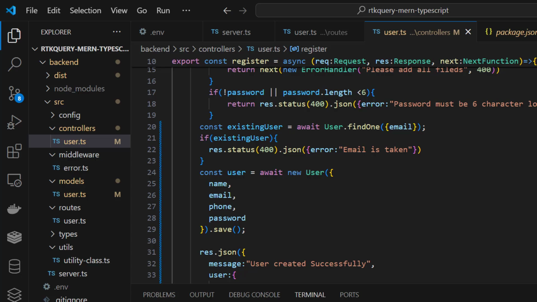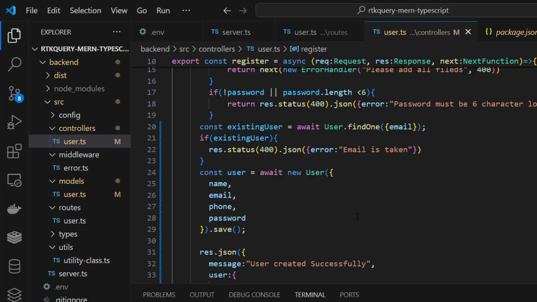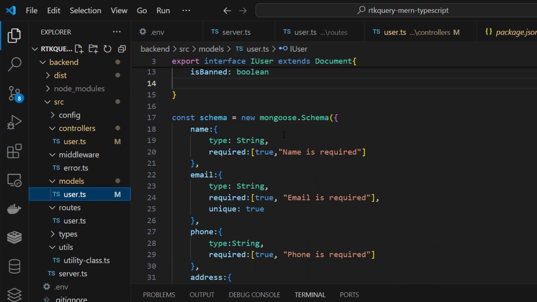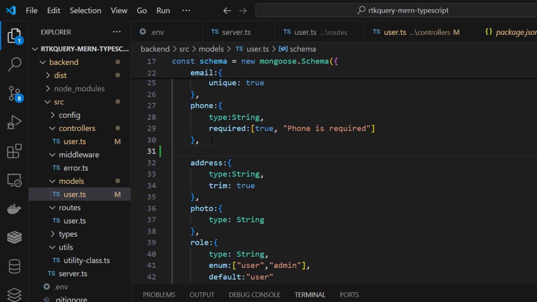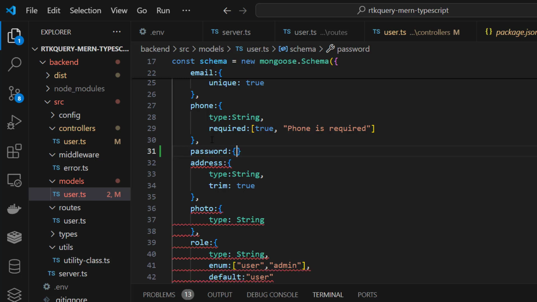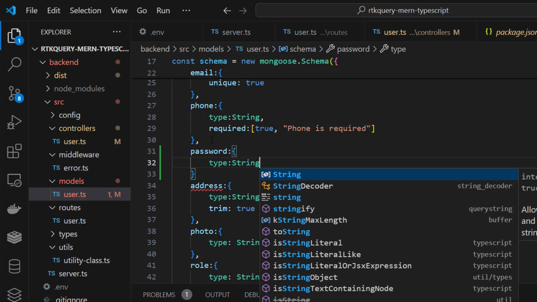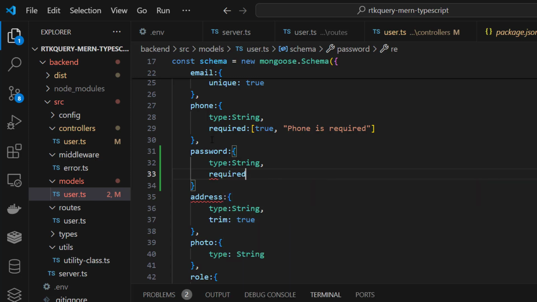Name, email, phone, password. Okay, let's check. Great mistake, my bad. There is no password field in the schema, so that's why the password is not saving. After address or phone, I need to add password. If there is no field in the schema, how will it save? So password, type string, required true,